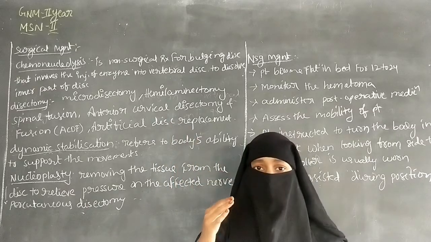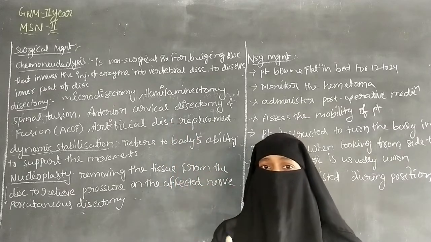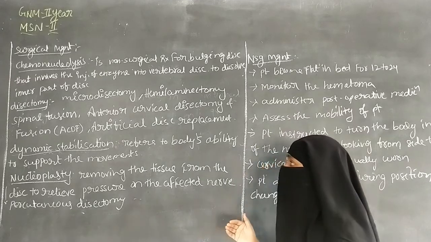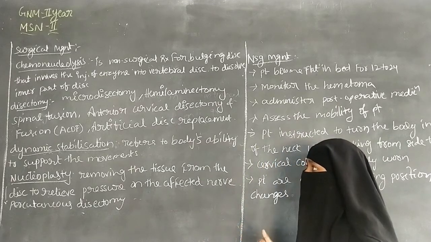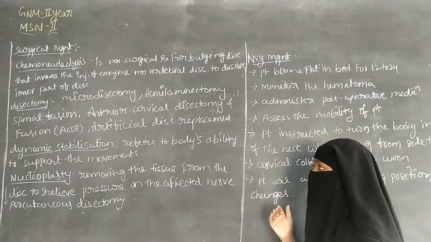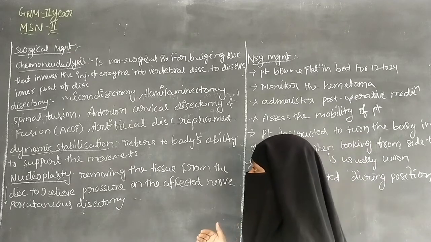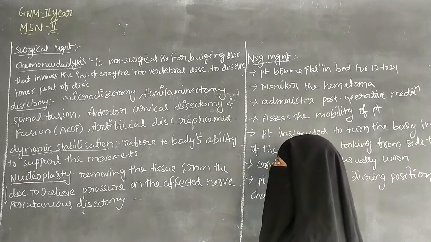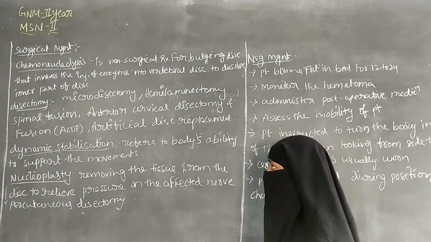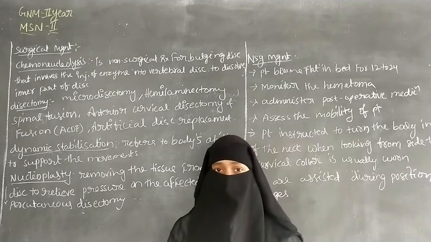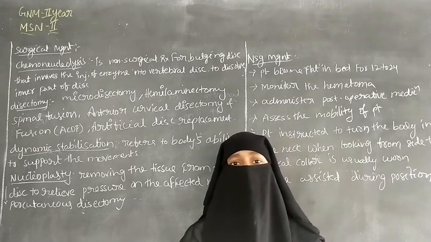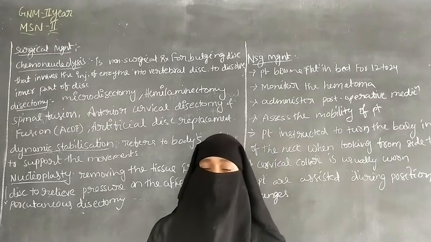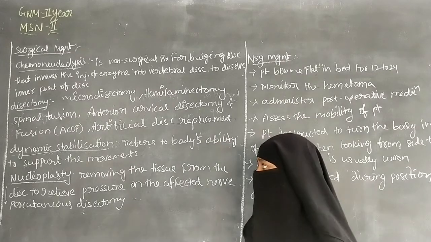a discectomy can be done to remove pressure over the nerve root. By this we can relieve the pressure over the nerve root by decompressing the spinal cord. So in this, a discectomy is performed to relieve the pressure over the nerve root and the spinal cord.